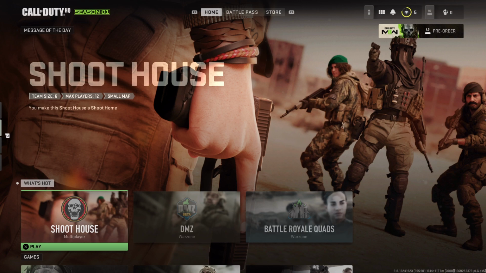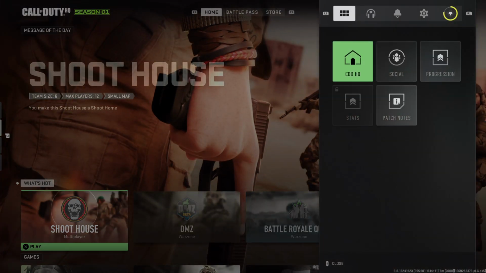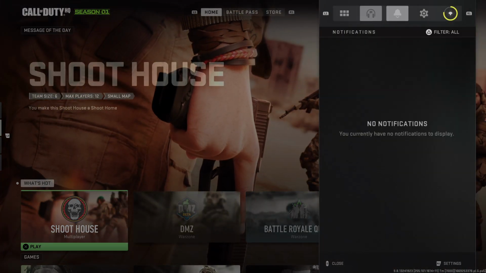Guys, in this video I will show you how you can fix aiming input device locked in Warzone 2. So for example, if you want to change from controller to mouse, you cannot do that, and the answer is simple. So if we go on basically on the top right corner and press on this menu